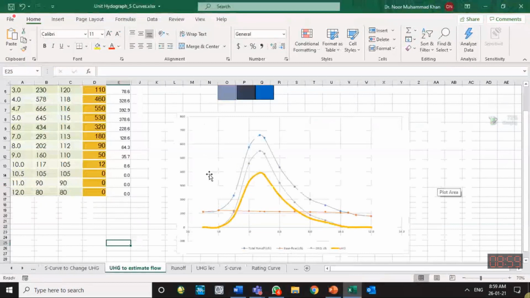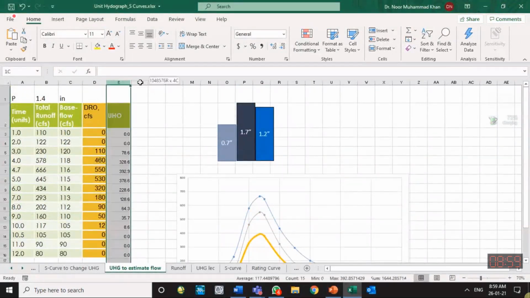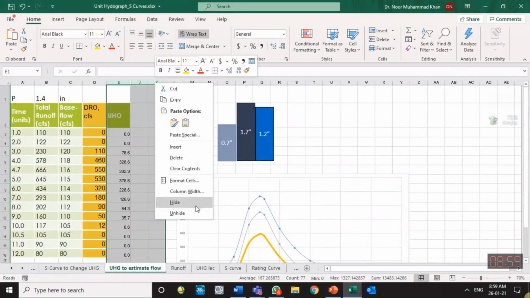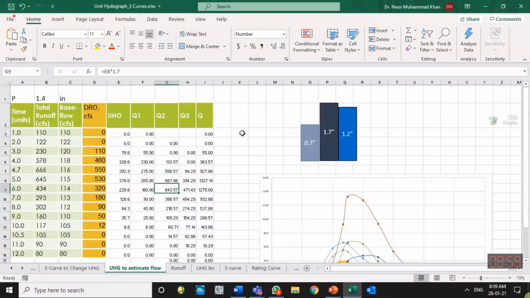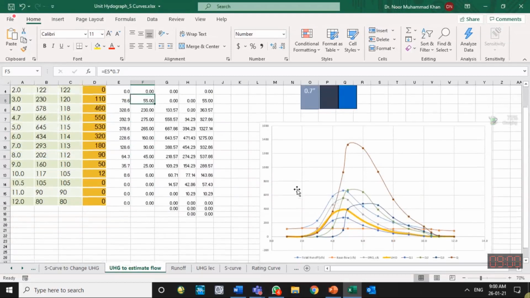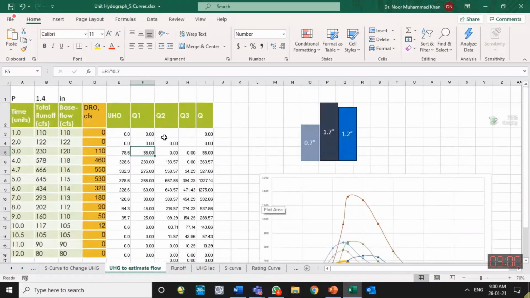That is done in this example also. Now the other part which I hid previously will help me. So if we have a rainfall of 0.7 inches, then this will be the DRO hydrograph: unit hydrograph multiplied by 0.7. So this is telling me the ordinates for the direct runoff because of this 0.7 inch pulse of rainfall in the first 1.5 hours. We can plot them separately, but okay.